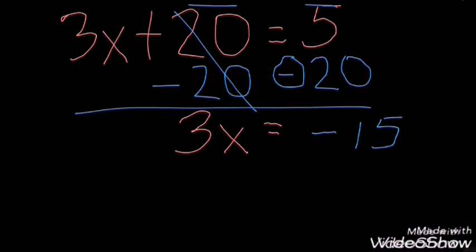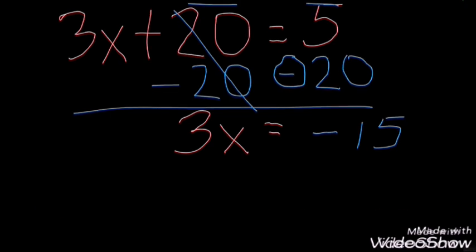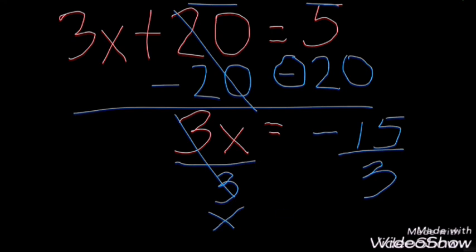After that we need to isolate the variable. How? By dividing by 3 on both sides, and then we cancel the 3 out, and x is equal to negative 15 divided by 3, which is negative 5. Negative 5. So we got our goal,